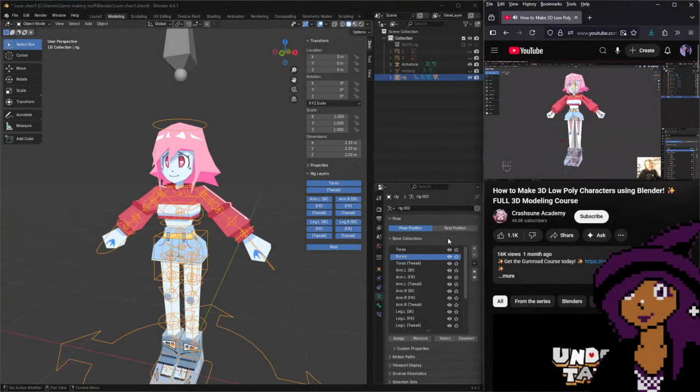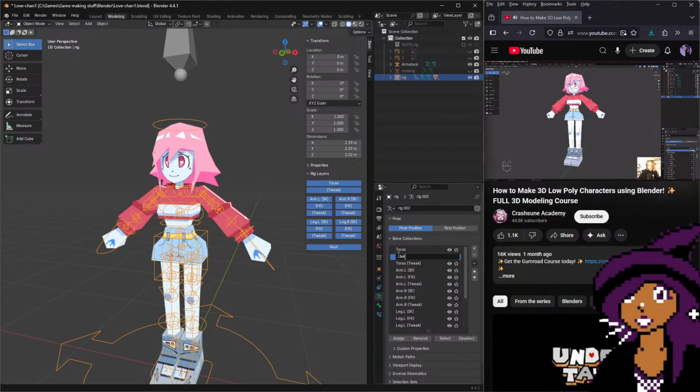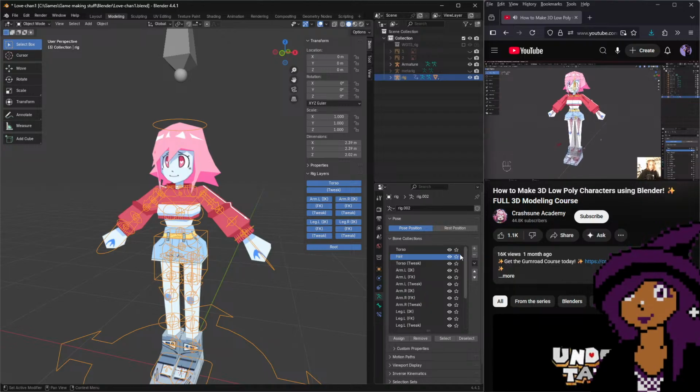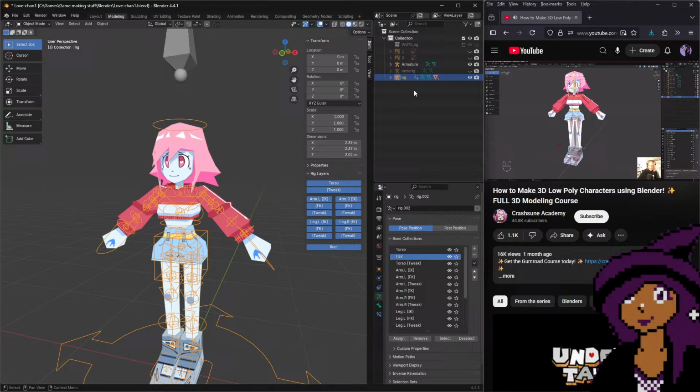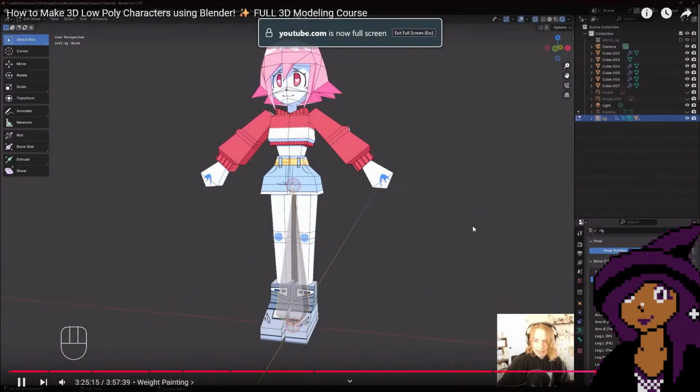So this is a brand new bone collection, but there's nothing actually assigned to it right now. If I press the isolate button, there's going to be no bones in there because we actually need to assign things to this bone collection in order for them to be in there. So to do that, I'm just going to make sure my brand new bone, which is right here, we can see the name right here, is bone. This is my brand new one and it's selected right here. So making sure this brand new bone is selected, I'm going to click assign. Now, if I isolate into this bone collection,